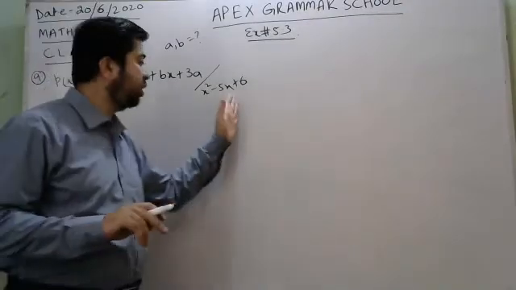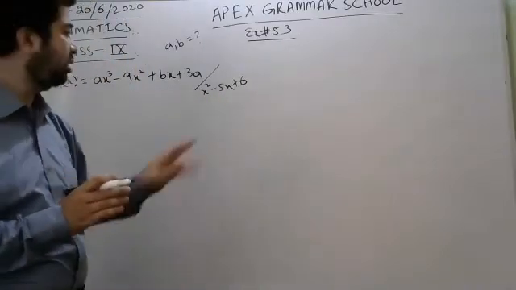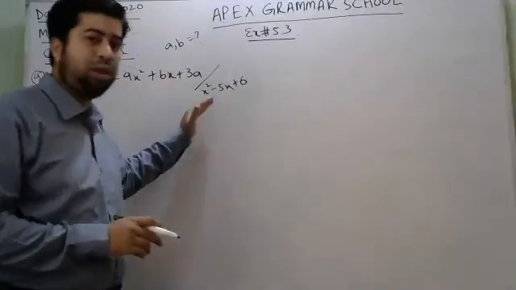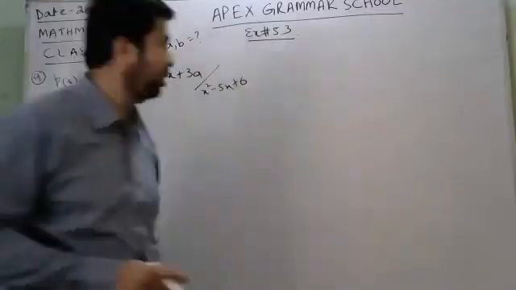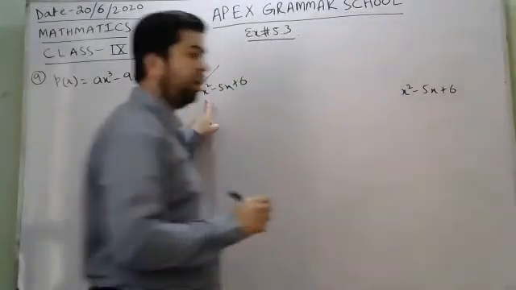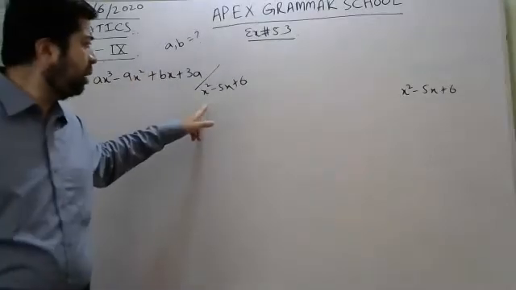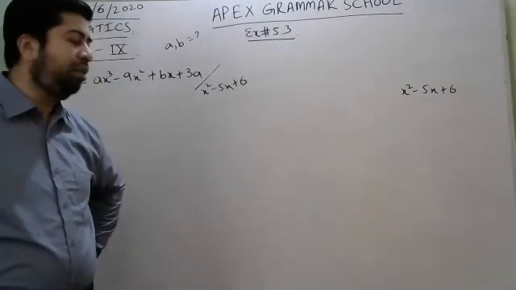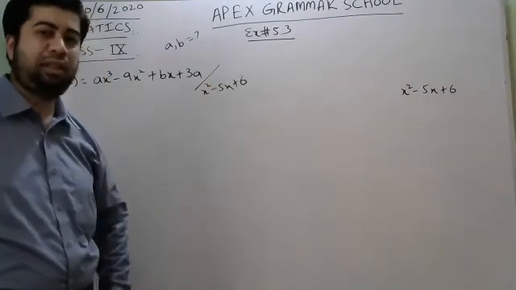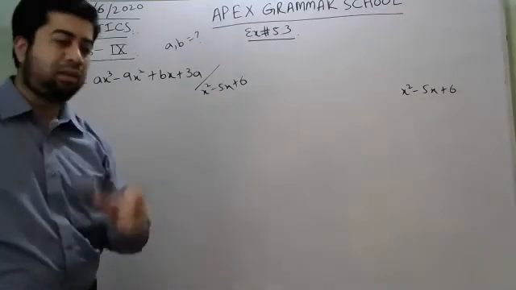So in x squared minus 5x plus 6, there must be two linear expressions inside. This is totally divisible by this one, so this will be factorized. You have to do middle-term breaking because its power is 2. This divisor's power is 2. As in the previous question, we can't apply the zero method here, because x is available with power 2. How can we apply the zero method here? How can we find the value of x there? So for that reason, you have to do middle-term breaking and get the two divisors.